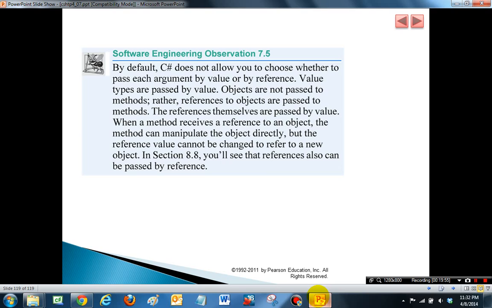Value types, which are typically native simple types, are passed by value, and objects themselves are not passed to methods, but references to objects are passed, and these references themselves are passed by value, which amounts to passing by reference, because the called method can manipulate the object directly, but the reference value itself cannot be changed to refer to a new object, and there are ways to pass references by reference. It's the end of this